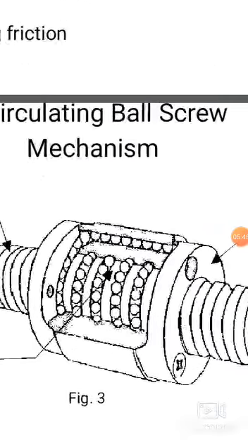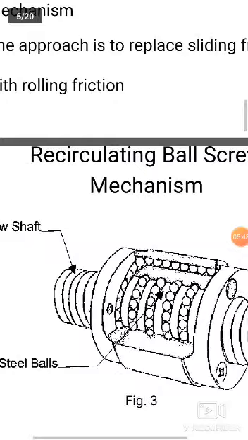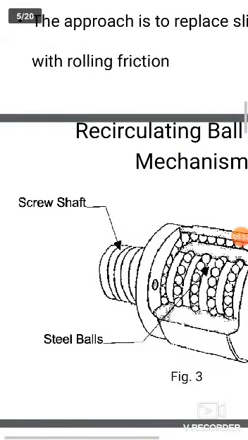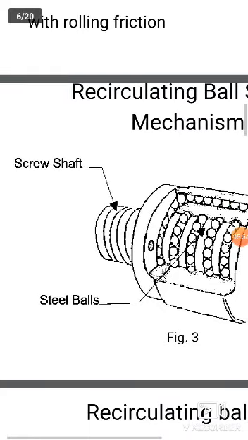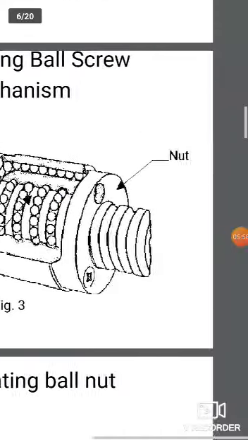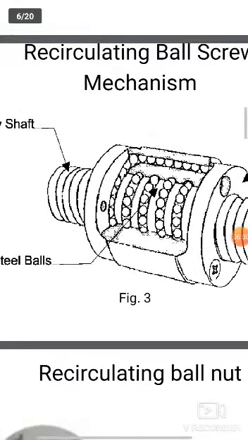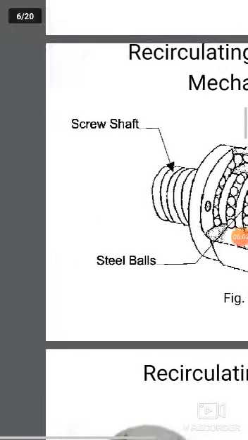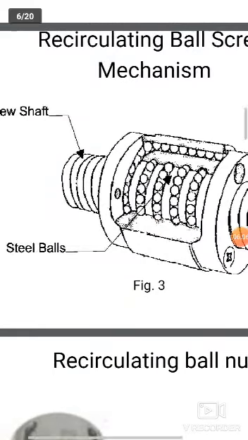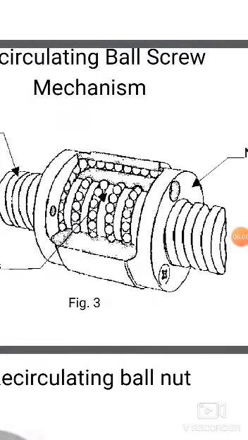So this is the picture of a ball screw. So this is the screw thread, how it rotates. Next, steel balls. So these are the bearings inside this. While we are rotating, the ball bearings will rotate the shafts and the screw will be tightening the nut. So inside this ball bearing, these are the threads.